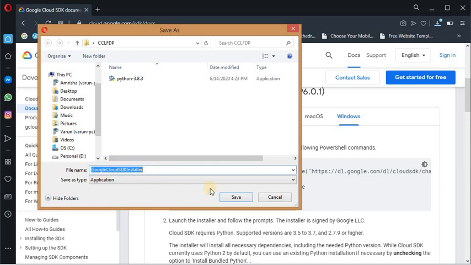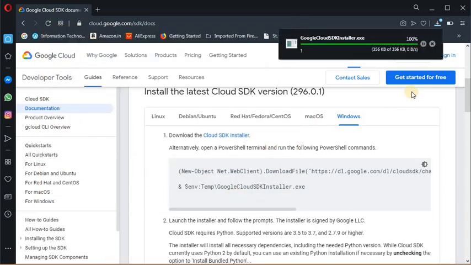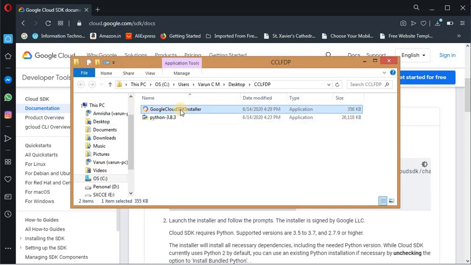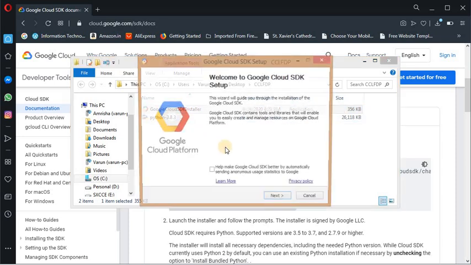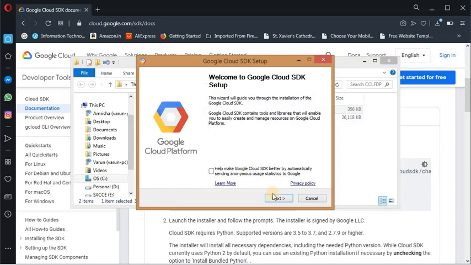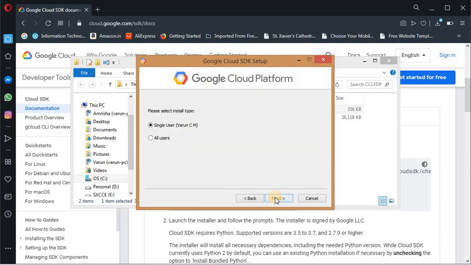Now it asks for the Cloud SDK installer. Please save that. Once the download is over, you just double click on it. You can press Next, I Agree, and it will ask for single user or all users.